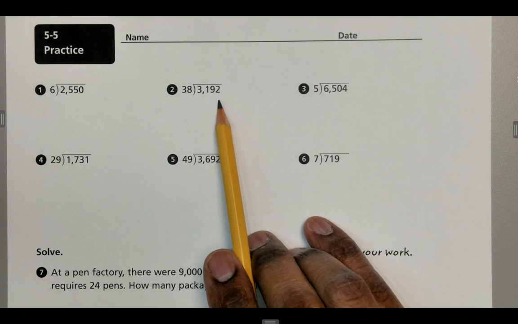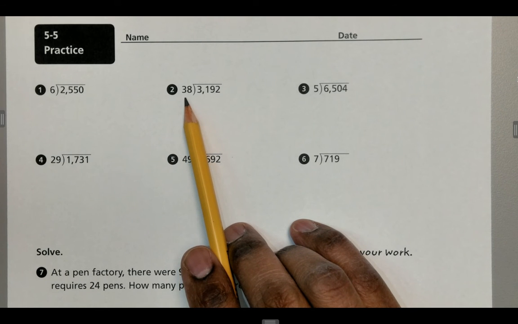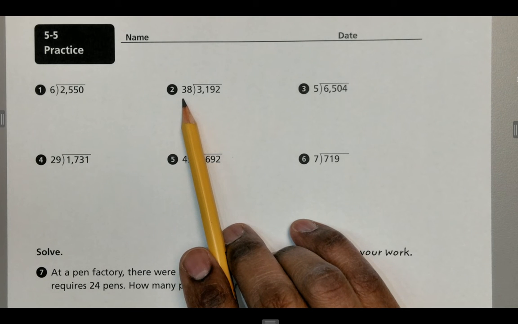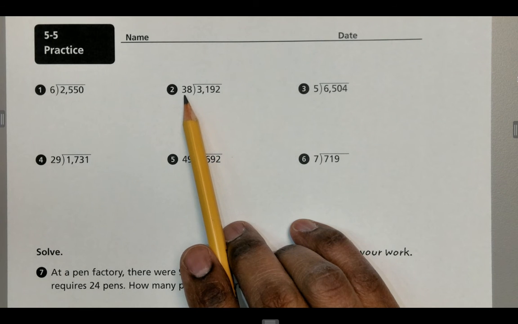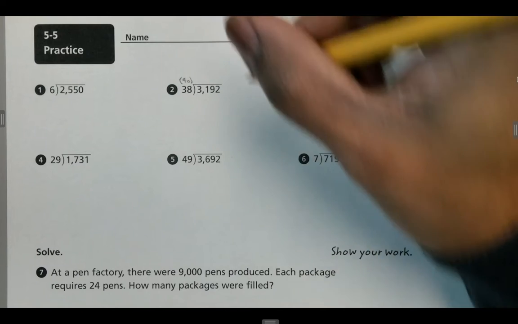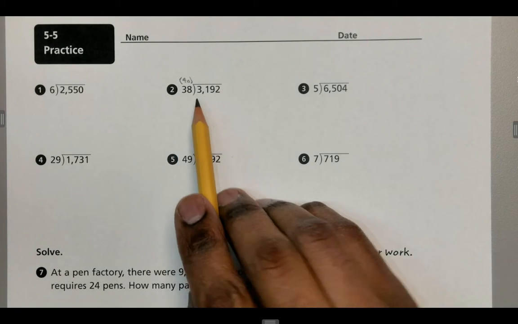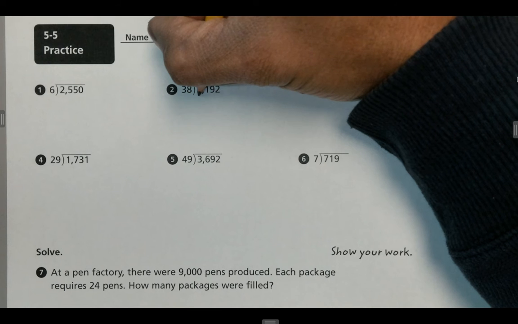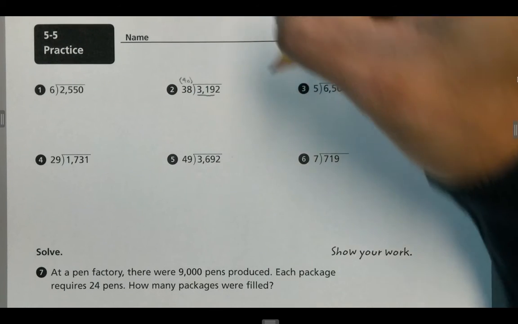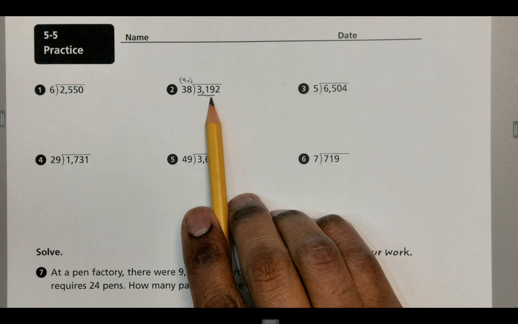Number 2, 3,192 divided by 38. Looking at 38, what's that friendly number that we can think about 38 as? If we round this to the nearest tens place, we can think about 38 as 40. If you know your 4 times facts, you know your 40 times facts. How many times does 40 go into 3? No. 31? No. 319? Yes. Well, 40 goes into 319,